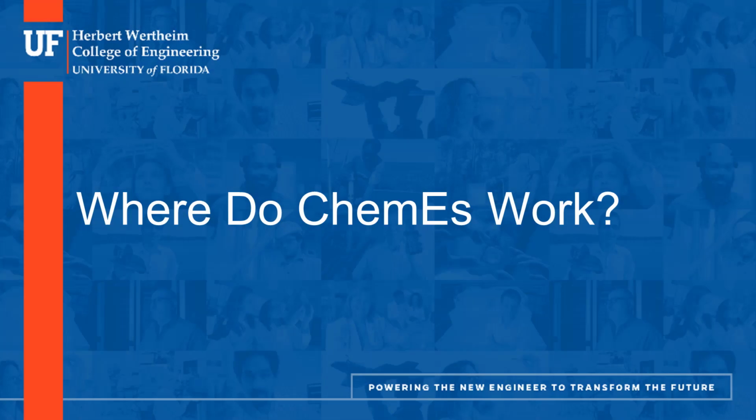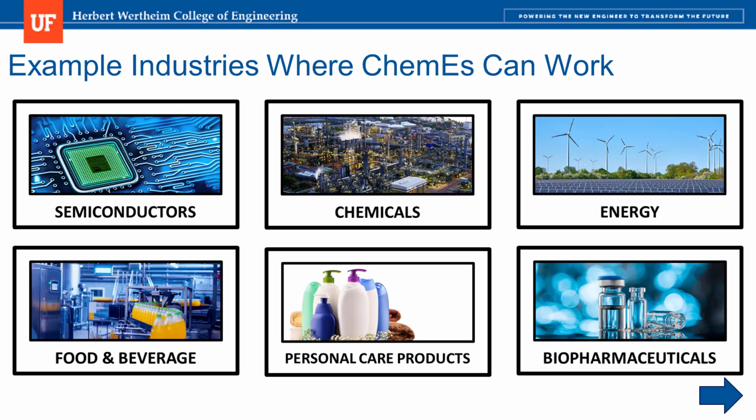Now that you understand a little bit about what a chemical engineer does, let's look closely at some industries in which they work. Shown here are just a few examples of industries in which chemical engineering graduates seek jobs. Keep in mind that as chemical engineers, you have many more career options than what is shown here. In the semiconductor industry, producing computer chips at the nanometer scale with very low error tolerance at companies like Intel. The specialty chemicals industry, designing and overseeing processes to manufacture solvents and other chemicals at companies such as Dow Chemical or BASF. In the energy industry, innovating and improving technologies for renewable and sustainable energy alternatives to liquid fossil fuels at companies like NextEra Energy.